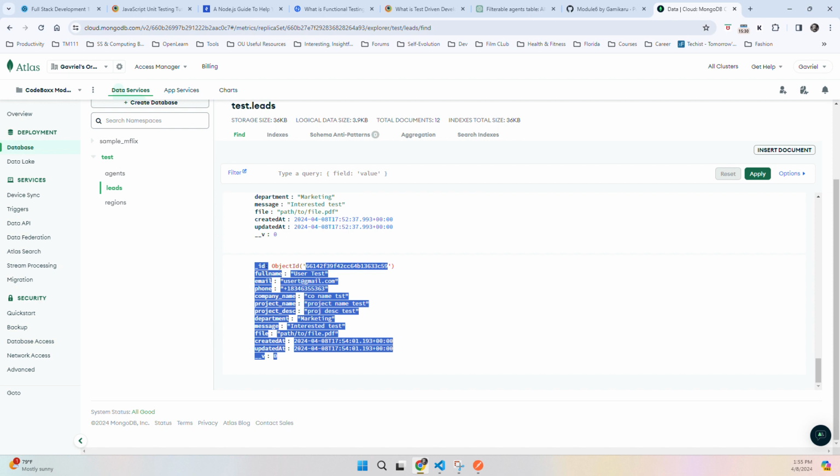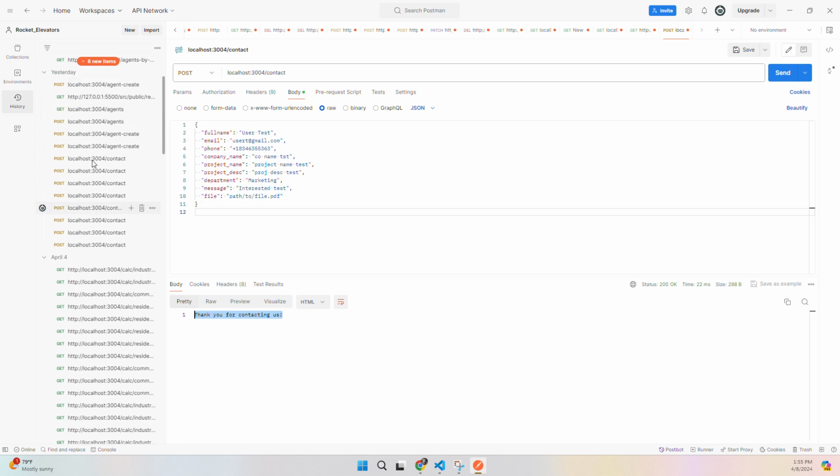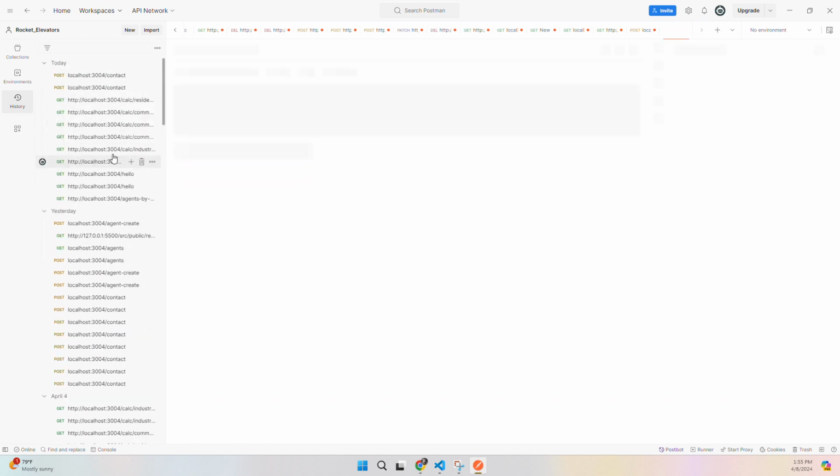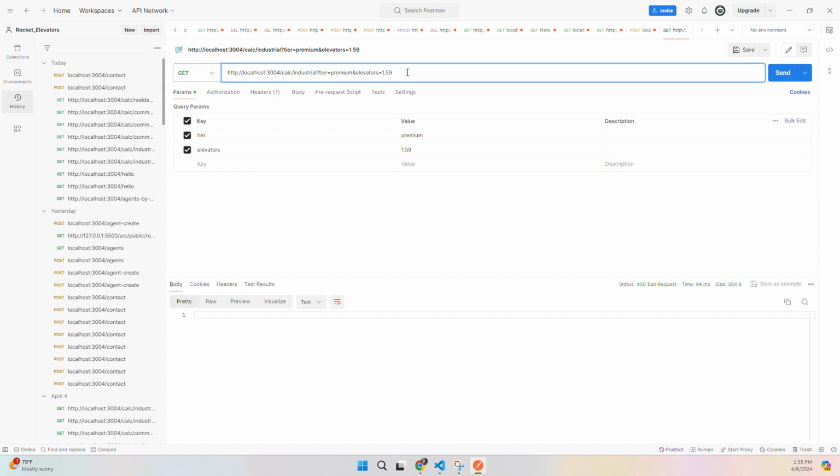So moving on to the account route, what we want to do is just opening up Postman. Let's check. For example, so this is taking the industrial building type as the path parameter,